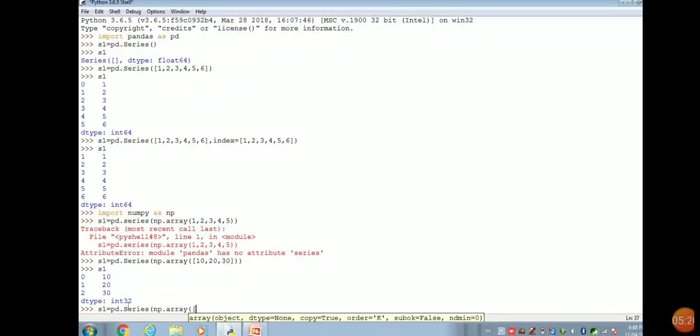When we are creating the array, again we will provide some values and an index as well, as we have given in the previous example. 10, 20 and 30, 40, and now we will give some index.